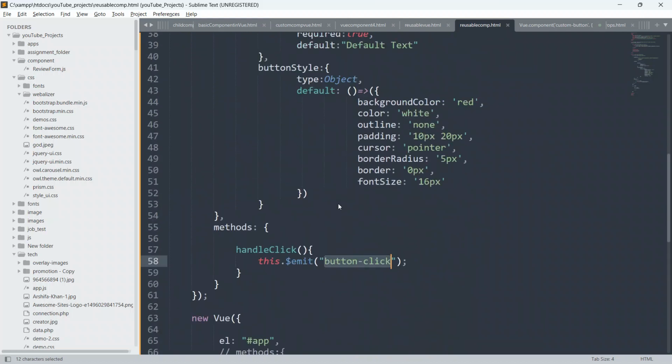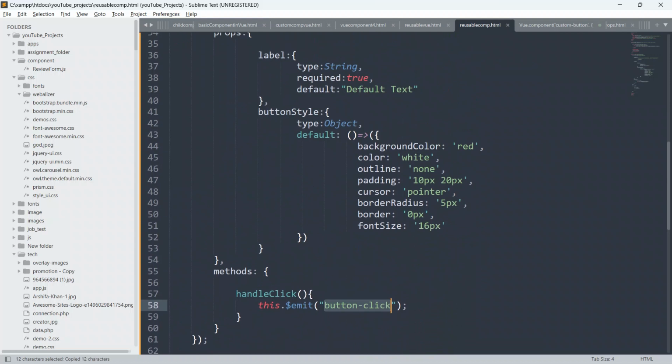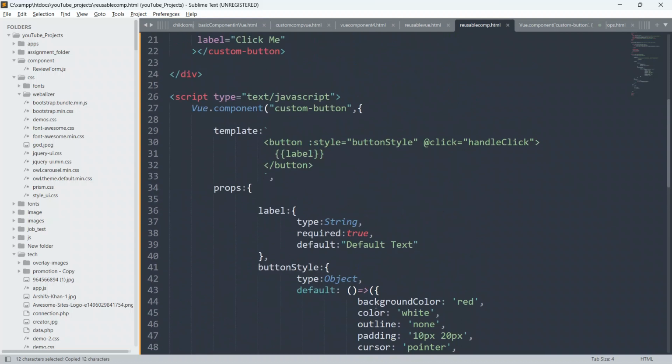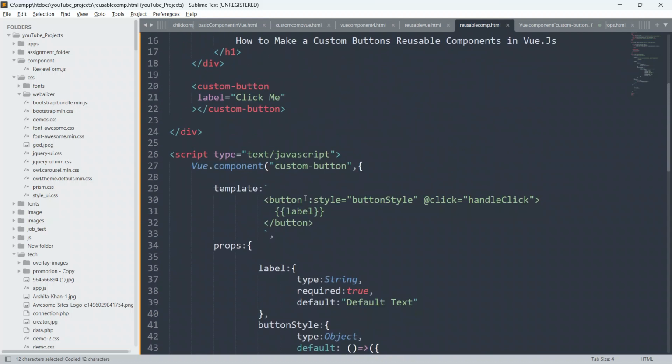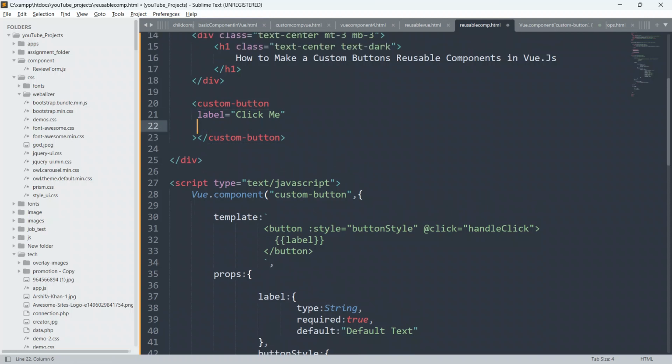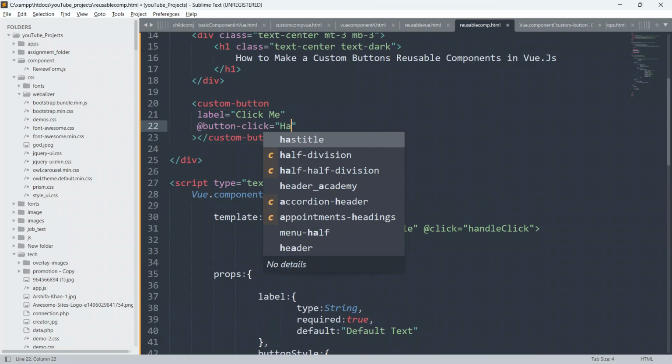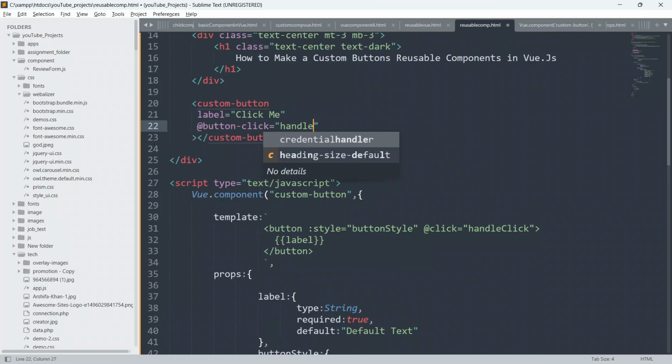Just copy this button click event from here because it is a custom event, and below this give @, put this, and give equal to, and we will define our method also. I will say handle button click.